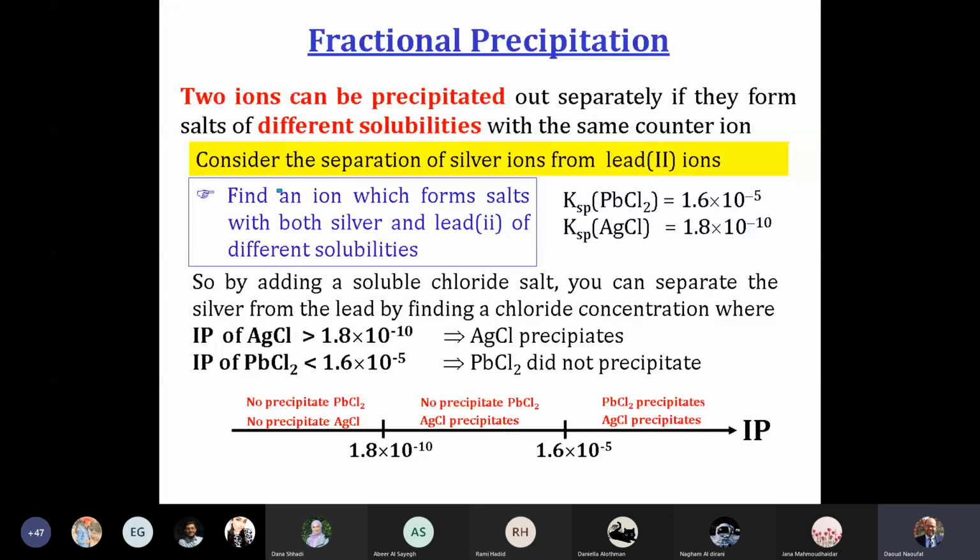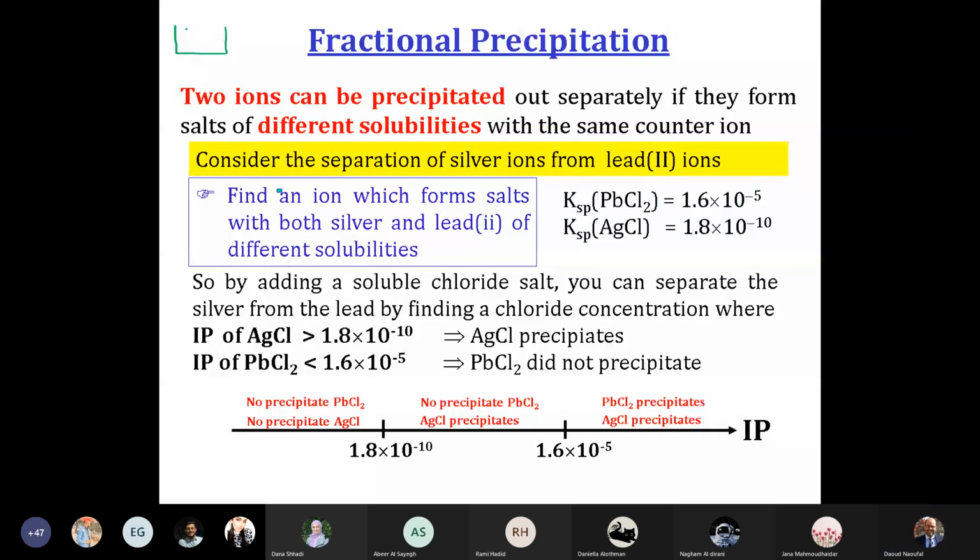This is an example about the possibility of formation of a precipitate when you mix two ions, one positive and one negative. We pass to another part, which is very important: the fractional precipitation. Suppose we have a beaker. What is the objective of this part? We have a beaker